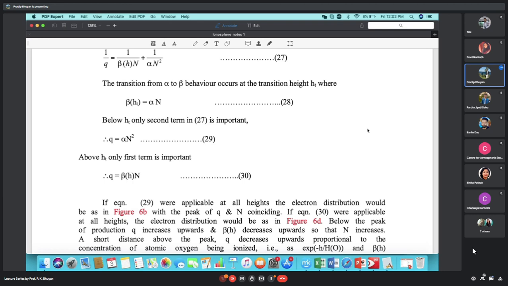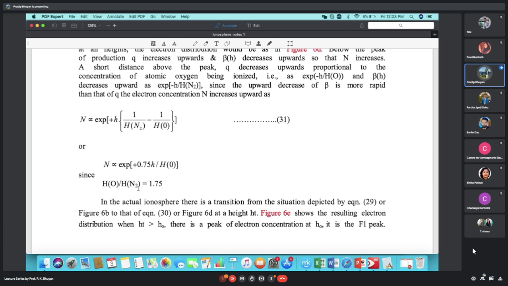If I consider the molecular species N2 and atomic species O, then the transition height between O and N2 is equal to 1.75. The ratio of HO divided by HN2 is equal to 1.75. So N is equal to exponential 0.75 HO. If you consider these two species. If you consider other species, it will be different. Okay, I think